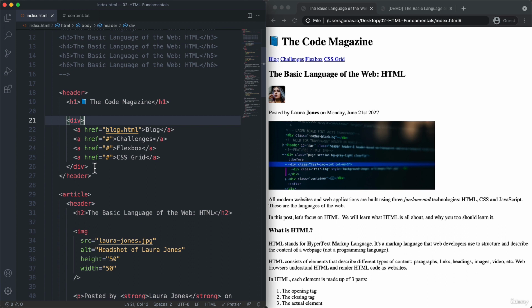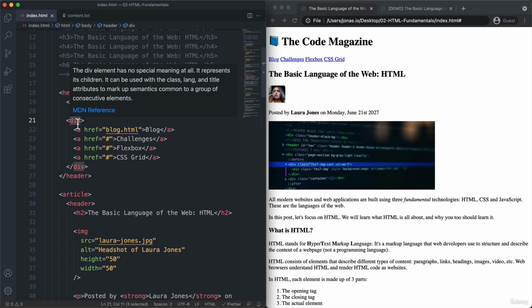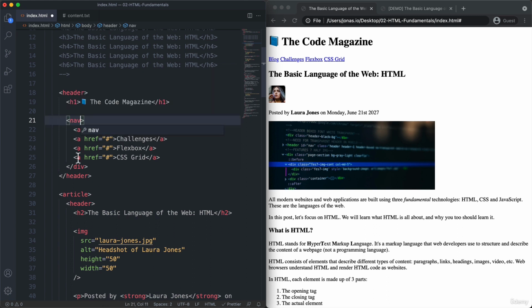Back in the day, before HTML5, we always used divs for every single box that we needed on the page. But then HTML5 came around and introduced this concept of semantic HTML. And so now we should only use the div element when we don't want to attach a certain meaning to a certain container, so to a certain box element on our page. In this case, we really want this to mean that it's a navigation, and so we use the navigation element for that. Okay, and the same is true for the article, the header,